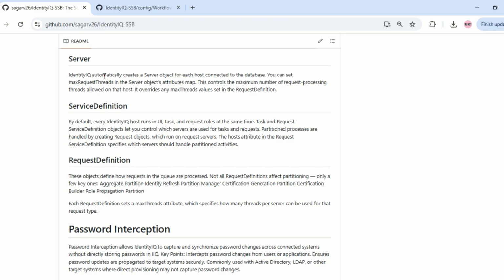So the host attribute in the request definition specifies which servers should handle partition activities. Then you have a request definition. This object defines how requests in the queue are processed. All the request definitions affect partitioning, like only a few key ones, like